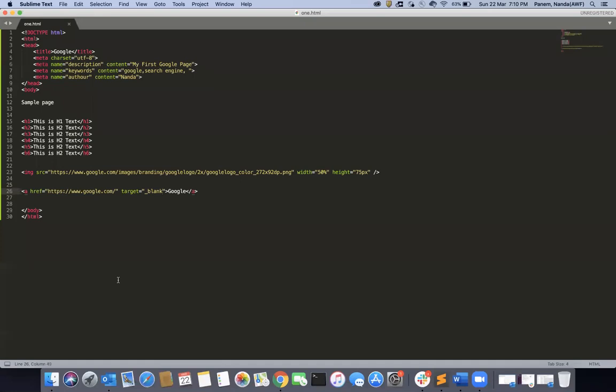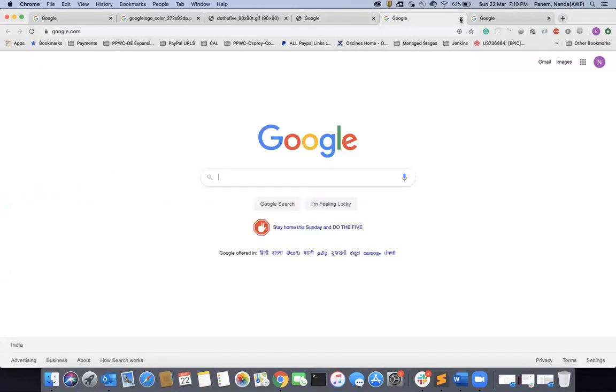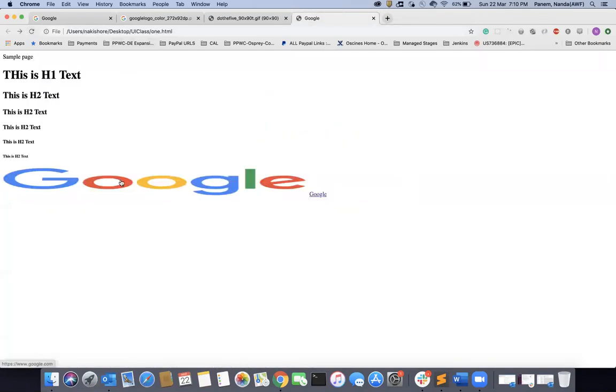So for this image, I am going to write an anchor tag, enclosing the image in an anchor tag. So even if I click on the image, I need to go to google.com. If I refresh this page, close all these tabs, and click on the image,